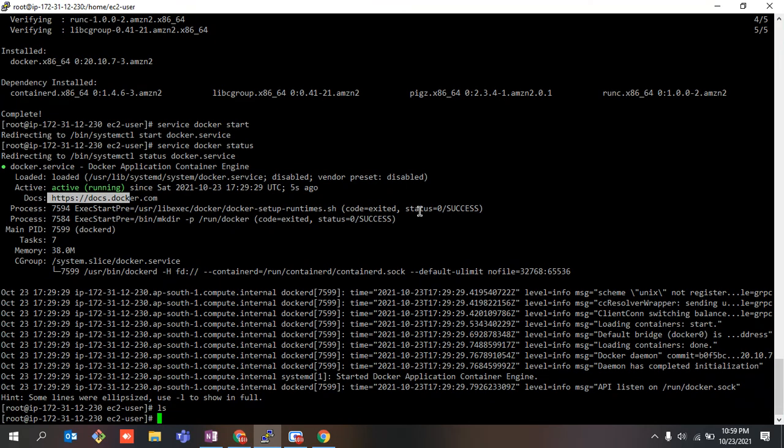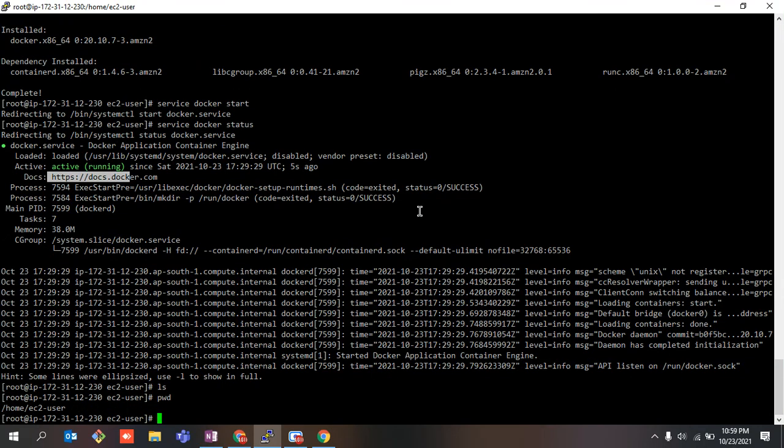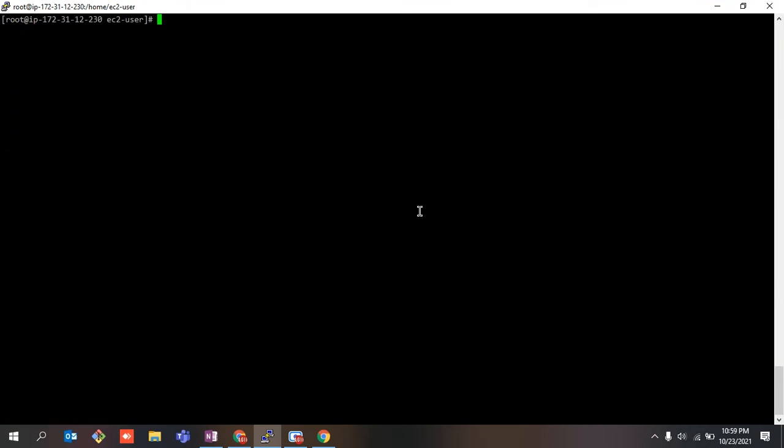So this is my current working directory. I'll do Control L. Allow me to create a couple of files over here. file1, file2, file3. These are the three files in this particular location or directory, whatever you can say. I'm going to share it with another container. So I can simply create a container.